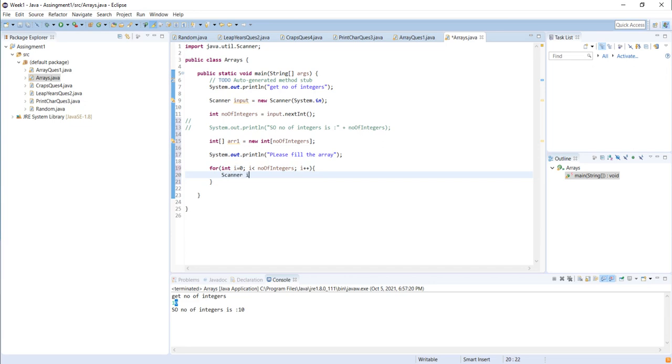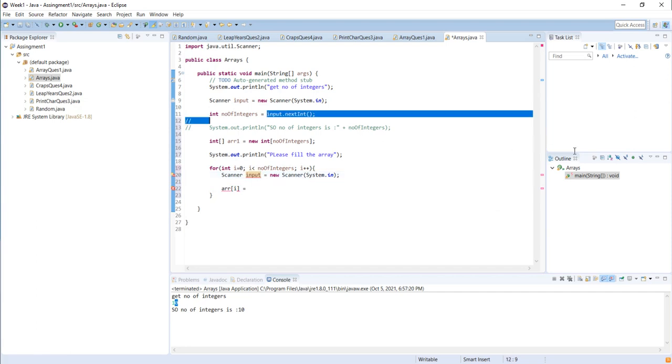I'll again use a Scanner class input object and instantiate it. Then I'll go on to fill my array. Again I use the above class and this object, and this object will again call this method to fill the array.